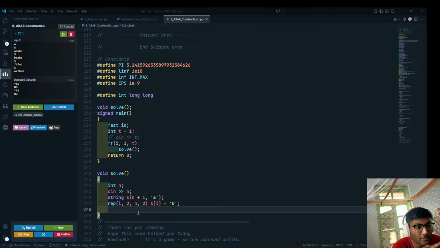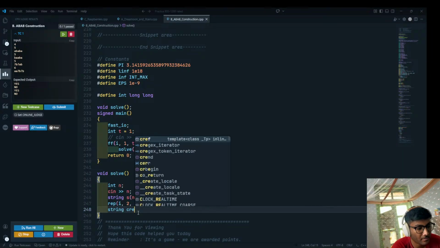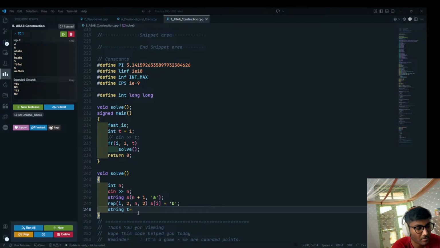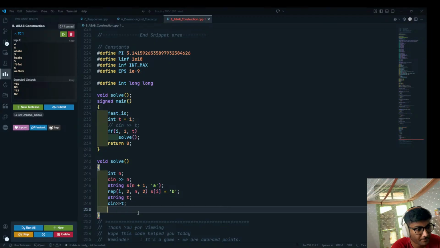Now I want to create this string S, let's say T equal T and then C in T. Now the problem is if all of them are question marks, then let's say if it is a question mark, and let's say in my string S, on one end I have A and on the other end I have B. Which one to take? So two choices. So DP of I,